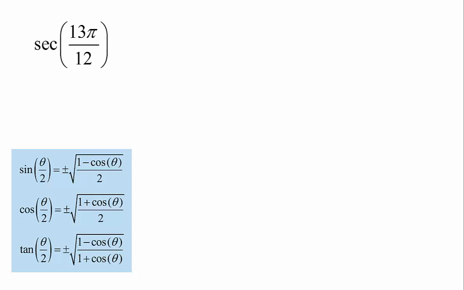We want to find the exact value of secant of 13π/12. We're going to do that with a half angle identity. I don't have one for secant, so the first thing I'm going to do is use a reciprocal identity. The reciprocal identity for secant of theta is 1 over cosine of that angle, which is going to be 1 over cosine of 13π/12,